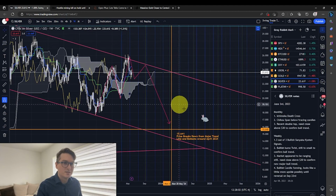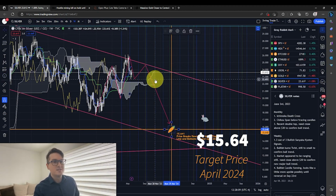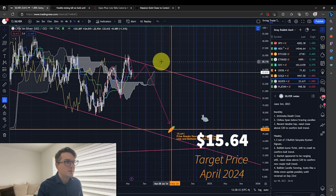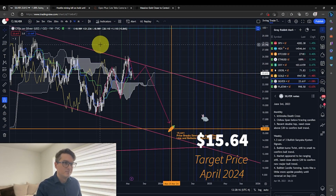So this is my target. I'm expecting to get the carat down here at the $15.64 level, and I'm expecting that to happen around April 2024. So guys,